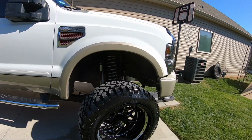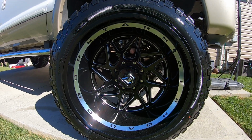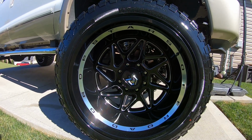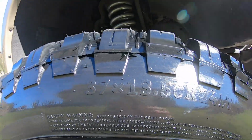Anyways, so drop star wheels. I would have never went for a 24-inch wheel, but Tyler at TSI, he's like, oh man, dude, they look good. I was gonna put them on my 6.4. I'm like, man, that's just way too much wheel. I grew up old school, smaller wheel, bigger tire. Yeah, nope. He talked me into it, gave me a ridiculous deal, wrapped in 37s,